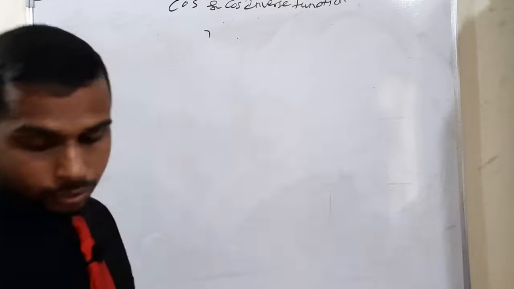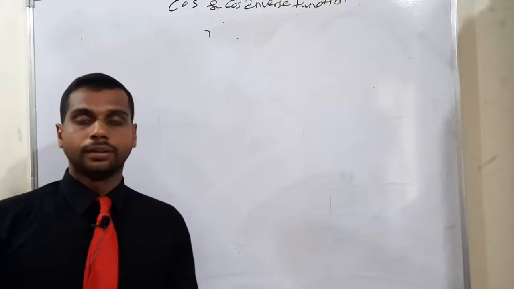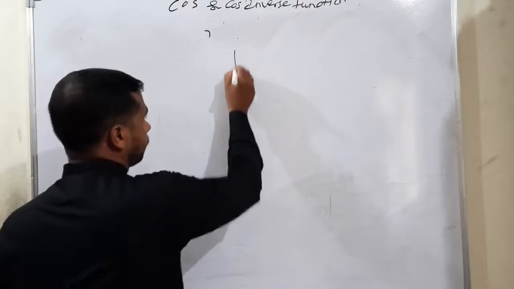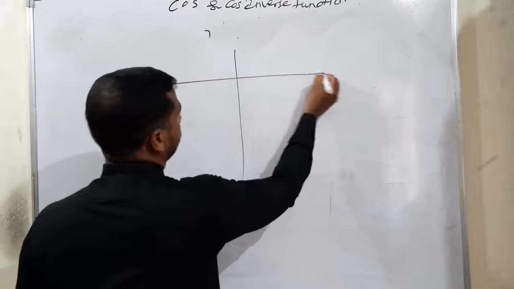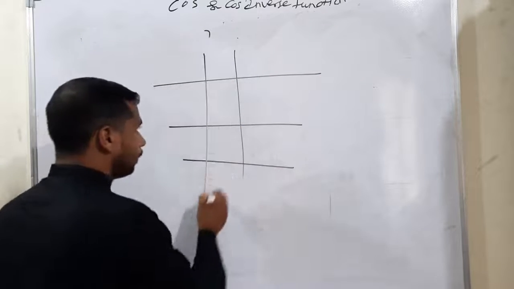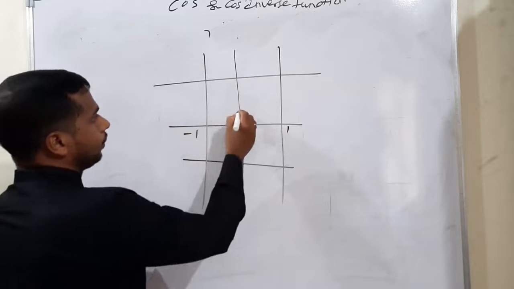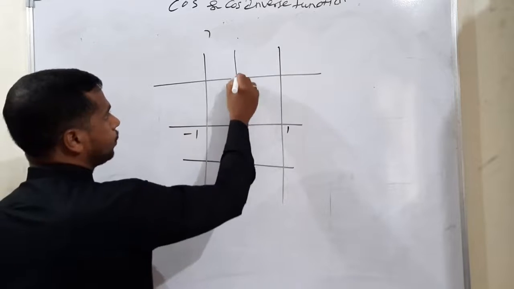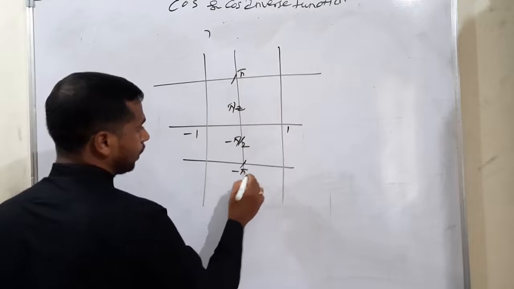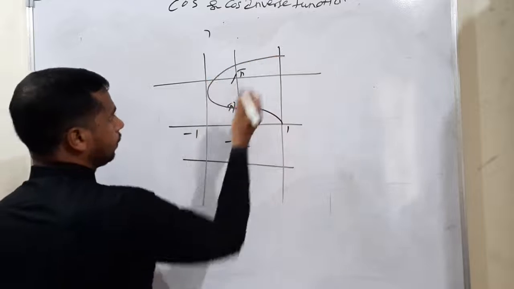The last point actually: the cos function is neither an even nor an odd function. Why are we saying that? Listen very carefully. In the cos inverse graph, positive 1 to negative 1, this is pi by 2, this is pi, and on the negative side, this is negative pi by 2, this is negative pi. So if you draw the cos x function,